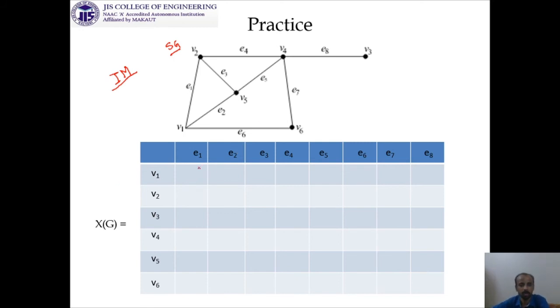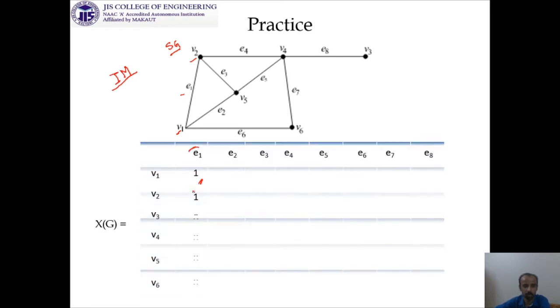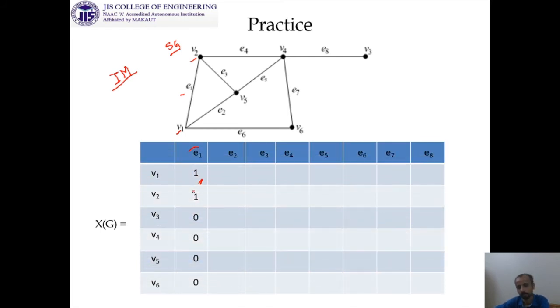Now your job is to check one by one. Suppose this position, V1 E1, the 1 1 position. Where is my V1? This is my V1 and this is my E1. Are they incident? Yes. So it will be 1. Now you can ask, sir, why are you writing it in this way? The reason is that you can think from the element's position point of view, or you can take the edge E1. E1 is incident on V1 and V2. So the entries will be 1 for V1 and V2, and except these two, all entries will be 0. Clear?